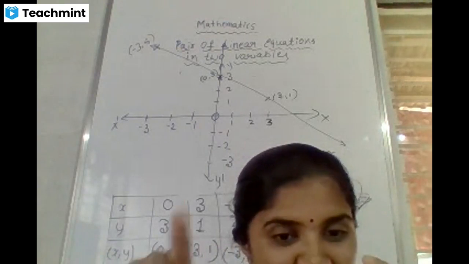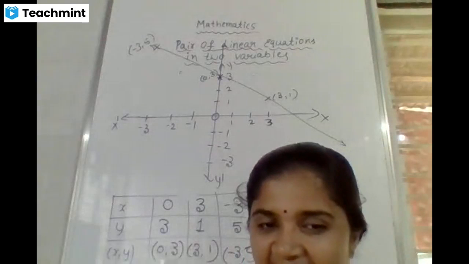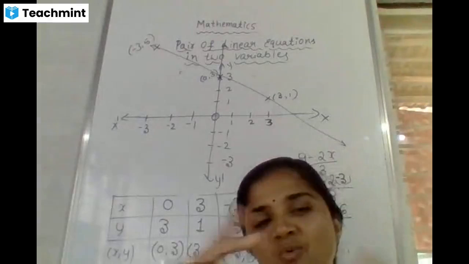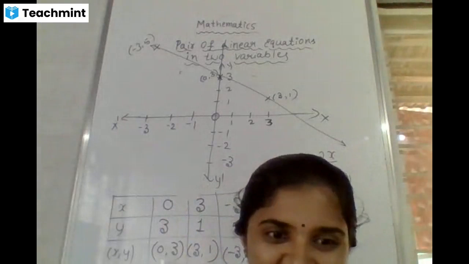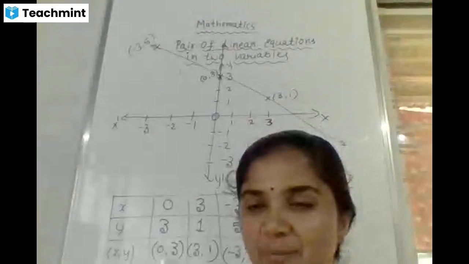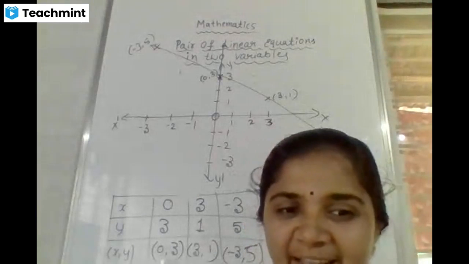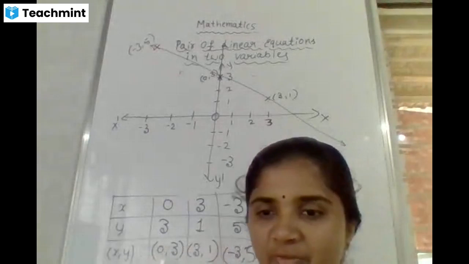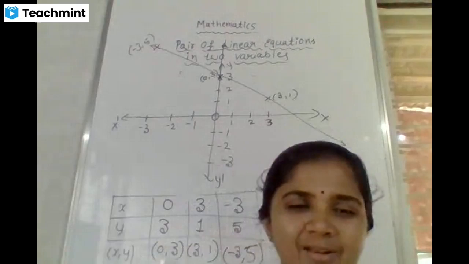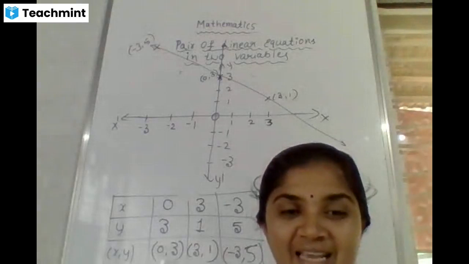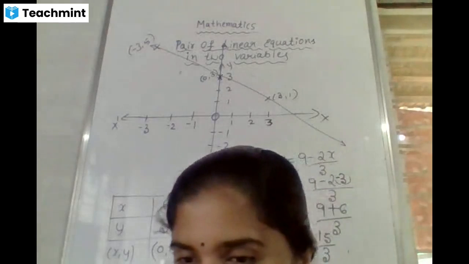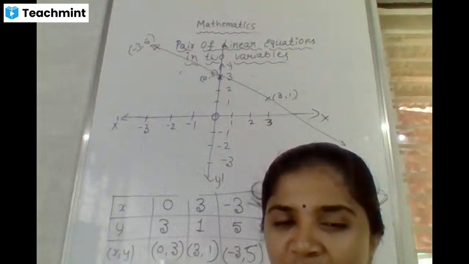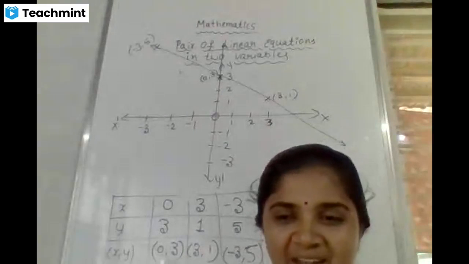In the first Aquila's problem, the two lines are intersecting lines. And in the two rails problem, the two lines are parallel lines. What about the second one? Can I get the reply from your side? Otherwise, we'll end the class. Okay, Chaya Naik is saying parallel. Sorry, wrong answer. Prerana is telling that the two lines are joining. Prerana, what do we call it when two lines are joining?